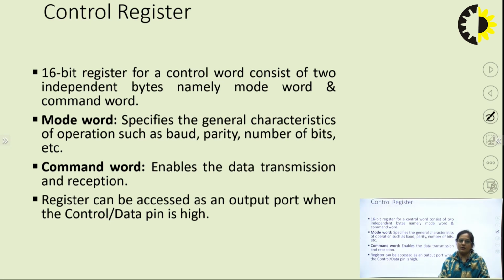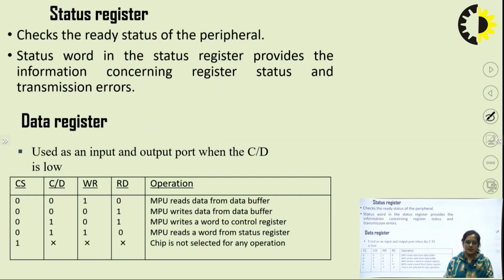And the command word will enable whether the data is transmitted or received. So these registers can be accessed as an output port when the control/data line is high. As I told you, when the C/D line is high, it indicates that a control word is being written by the microprocessor. Status register: whenever the microprocessor has to see the status of this peripheral IC 8251, the status register is read